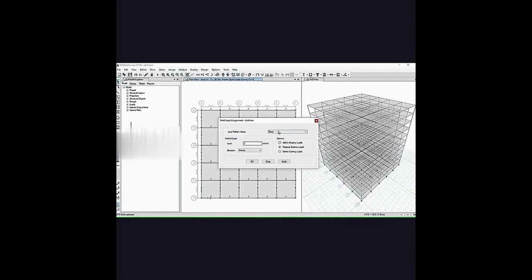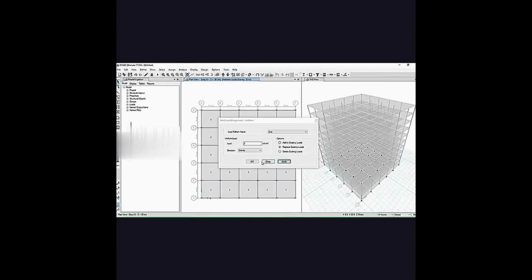Select the option as live load and set it as 2 kN per meter square. Click apply and click on OK. The shell loads have been applied to the prototype.